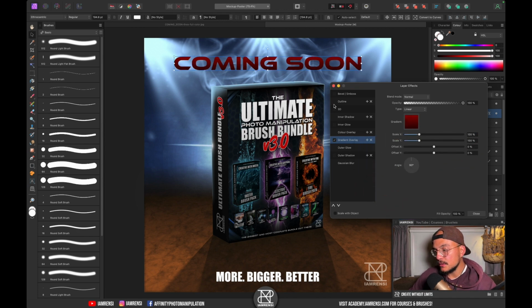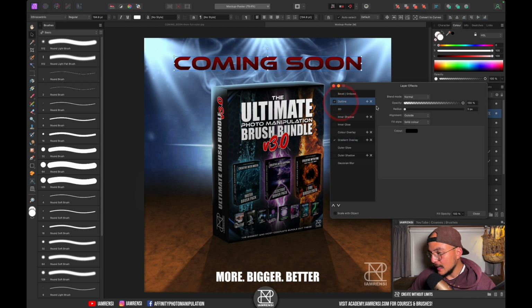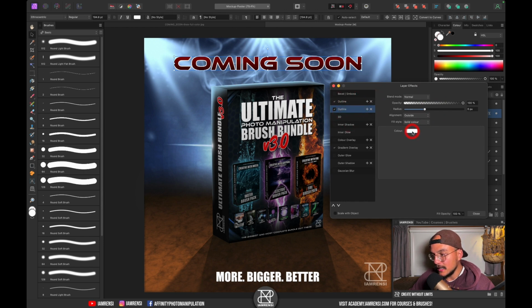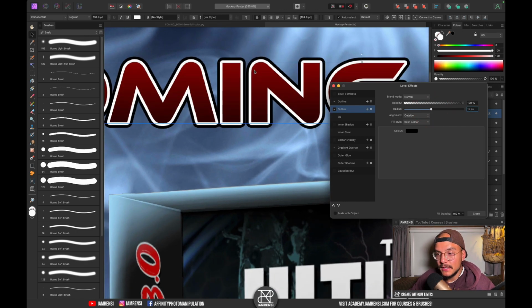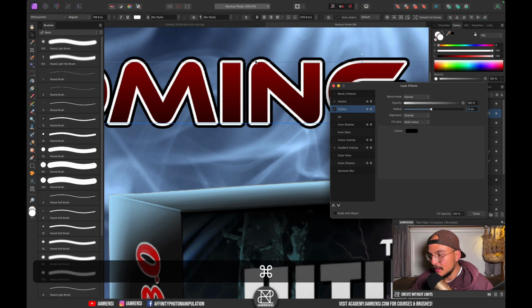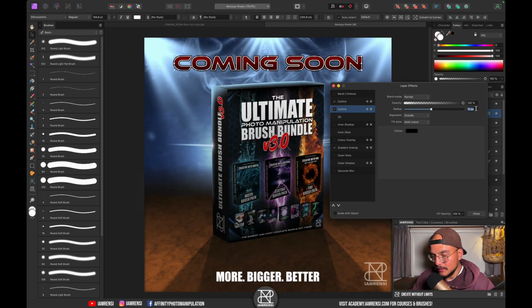And now I want to create two outlines. So I'm going to go to outline, and I'm first going to create a white outline. Increase the radius just a bit, 6 pixels, looks good. And then I want to create another outline, and that is what this little plus icon does. So if I duplicate the effect right now and I choose the bottom one and I create a black outline as well, and then increase the outline to, let's say, 12 pixels. Now we've got two outlines of 6 pixels, so 6 pixels white and 6 pixels black. And actually I think I want a little bit more, so let's do 16 and 8 maybe,